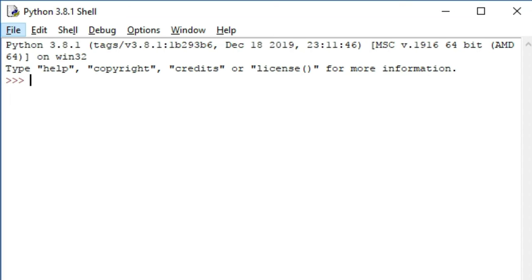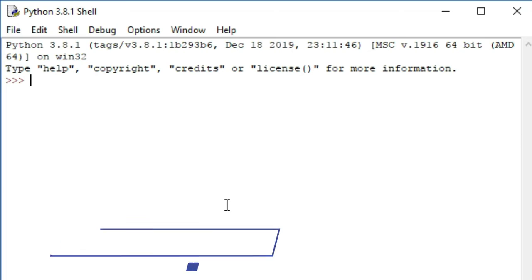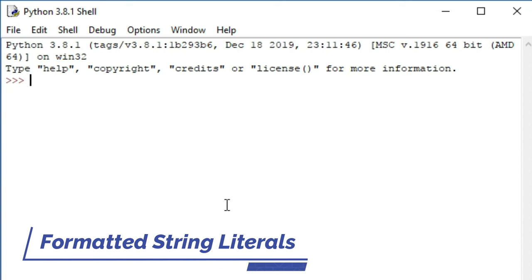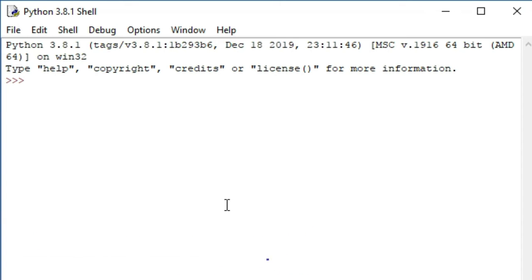Sometimes we would like to format our output to make it look attractive. This can be done by using three different methods. The first method is by using formatted string literals. We can use formatted string literals by starting a string with an F before opening quotation marks or triple quotation marks. In this string, we can write Python between curly braces that can refer to a variable or any literal